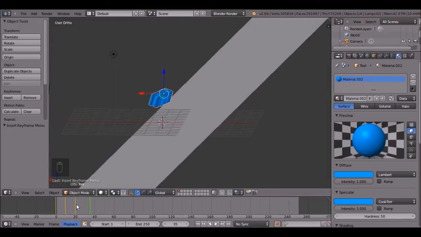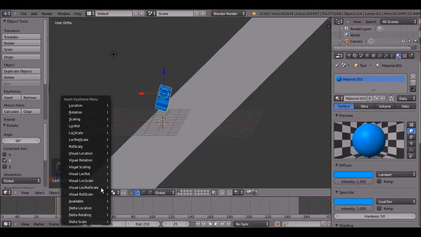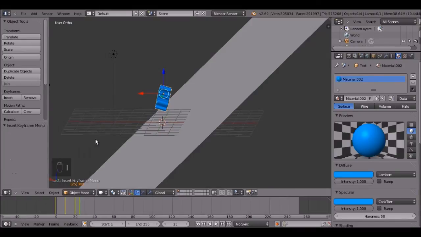So now I'm going to go to 25, because I want it to speed up on the flip. I'm going to go R, Y, 90, and then left click or press enter. Now I'm going to press I, location, rotation, scale, and then I'm going to go to 30, and then I'm going to do it again by pressing R and Y,